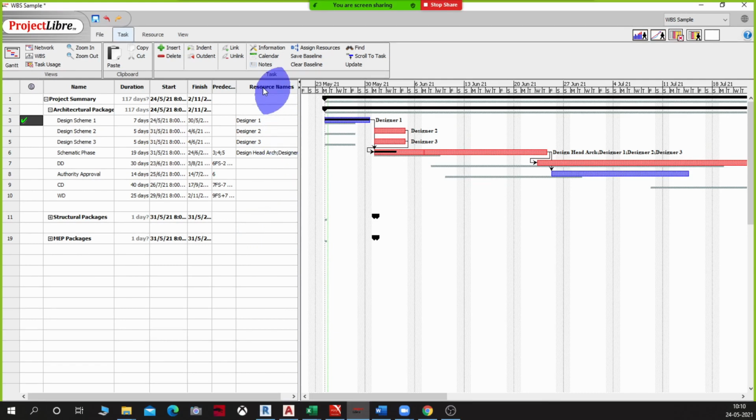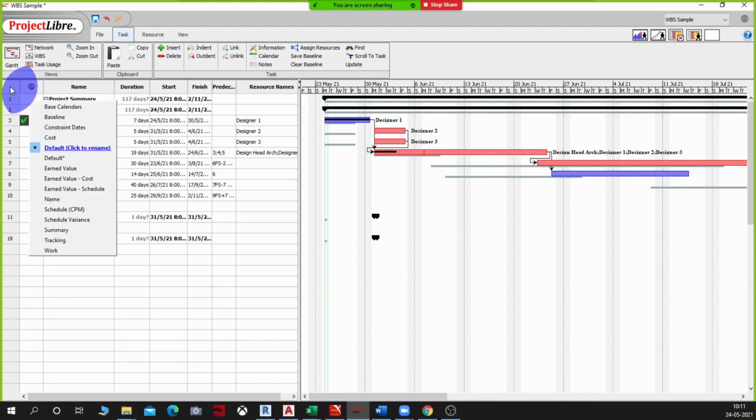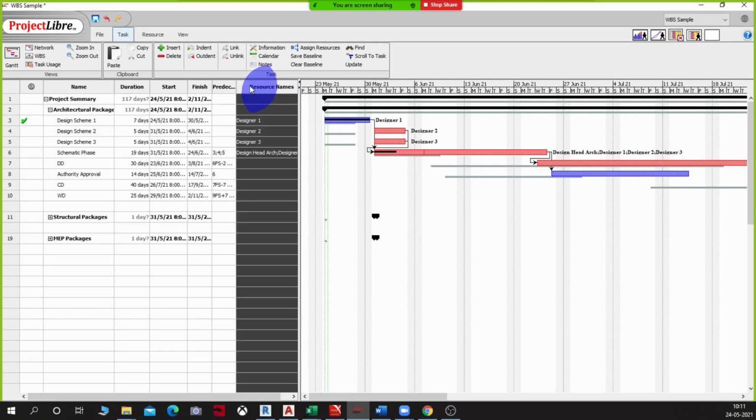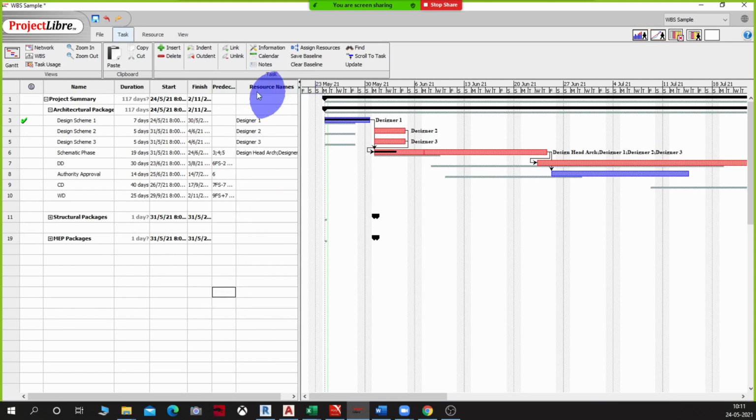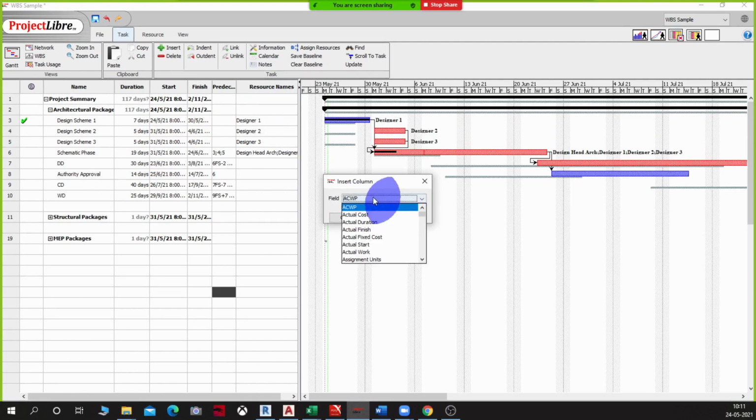Now, let me show a few more interesting things which you need to do with the chart here. Let us add another column here. Insert column. Okay, let me just show it again. You need to come to this spreadsheet area in your project. You can either do a right click at the top left corner of the spreadsheet and you can see different types of charts that you can bring up here, spreadsheets that you can bring up here. But now let me consider that I am going to create a custom. So I'm going to add a column here.